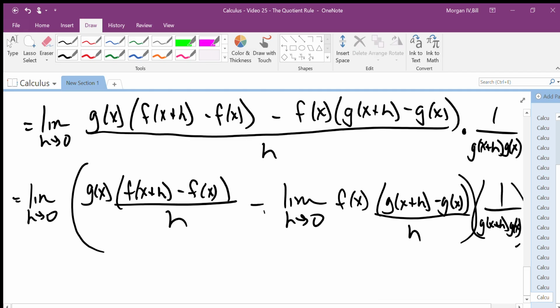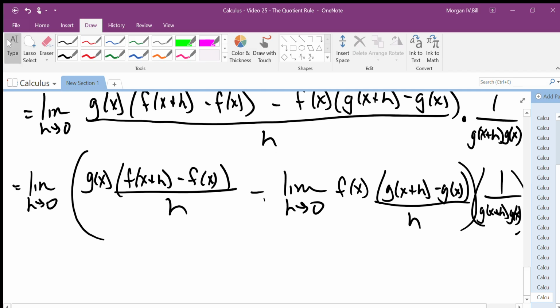What we can see now is this. Let all the h's go to 0. As h goes to 0, I have g of x. The limit as h goes to 0 of g of x is just g of x. The limit as h goes to 0 of f of x plus h minus f of x over h is by definition f prime of x. That is the limit definition of the derivative as h goes to 0. Minus the limit as h goes to 0 of f of x is f of x. The limit as h goes to 0 of g of x plus h minus g of x over h is by definition g prime of x